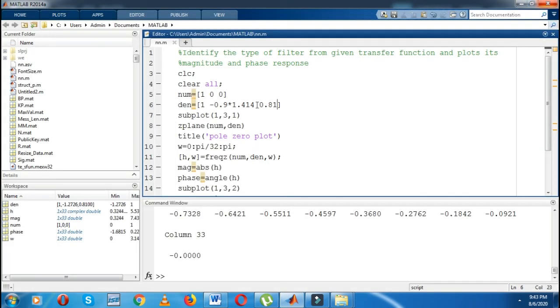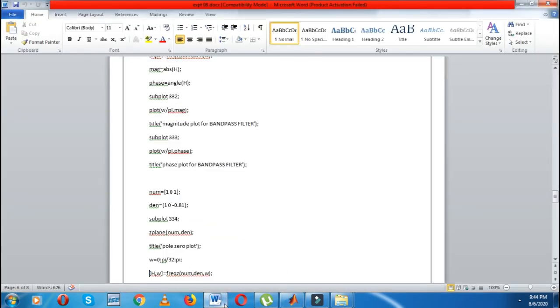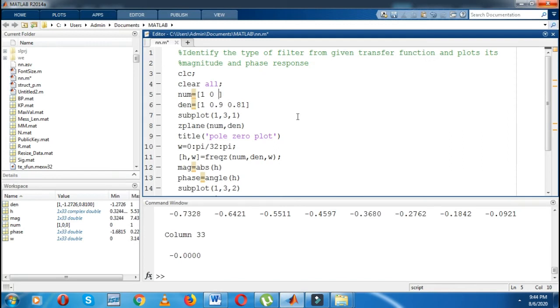If you have to design an IIR band reject filter, in that case again you have to change one thing. You have to take 101 and 10 minus 0.81.